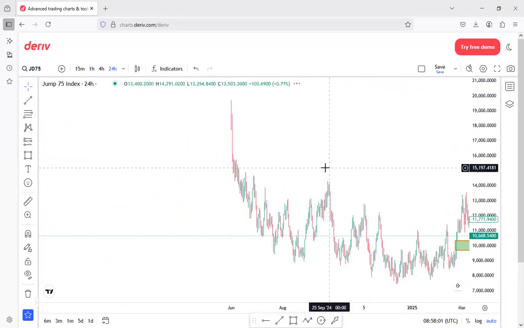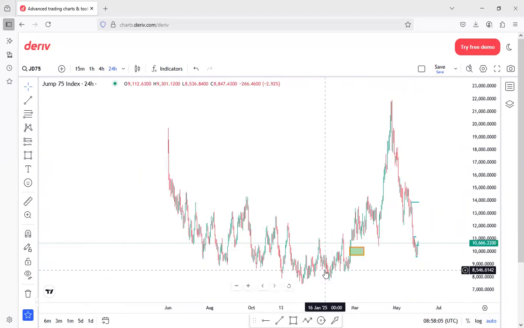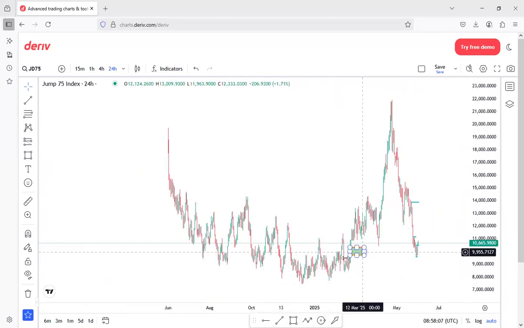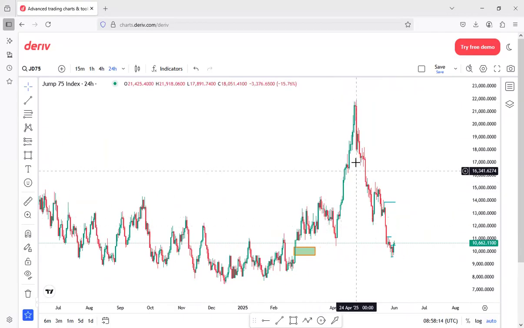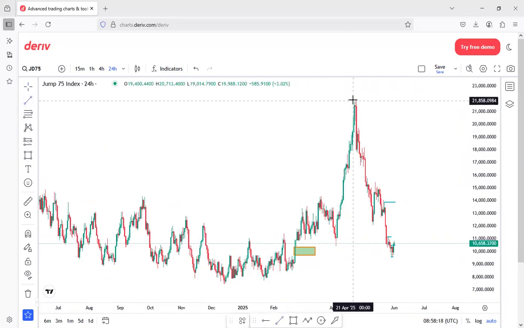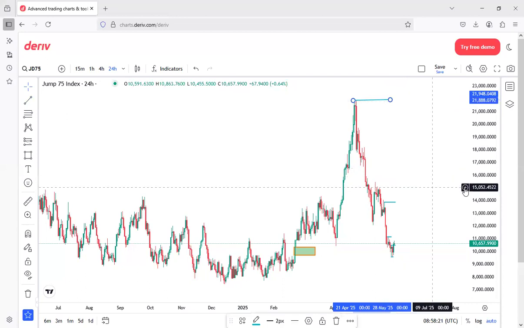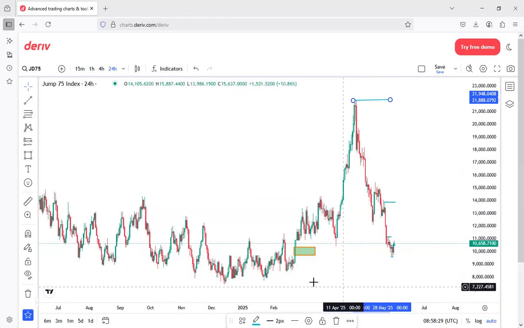If you scroll down, you see that the sellers were in the market. It came all the way to this particular zone and was ranging. It ranged and then buyers pushed all the way to this particular high. So the buyers took over, reached up to 21,900, and then started selling back. The sellers took over and then price started selling. So this seller zone,